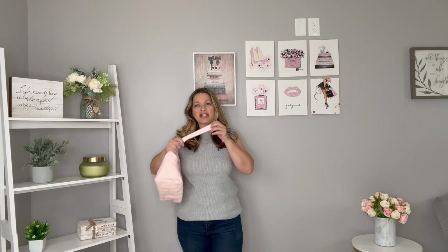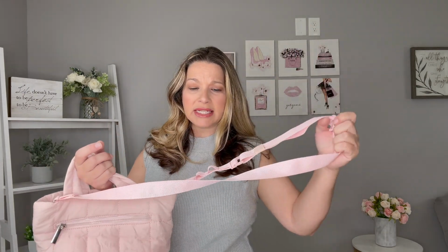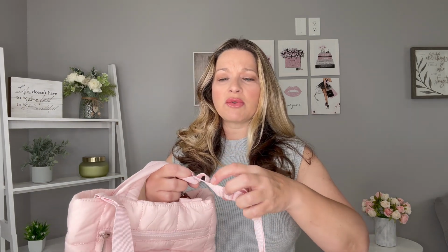This is a little bit higher than I usually do wear it, but it does have an adjustment to wear it crossbody, or you can just take those off and carry it by the little handles here. It does have a back pocket. Now, the slider is a plastic slider, and the hardware on the strap is plastic, so keep that in mind. It does have these little grooves right here where you can put some things in there or clip some bag charms or some small little mini pouches on that area, but the clasp for the D-rings are actually in a